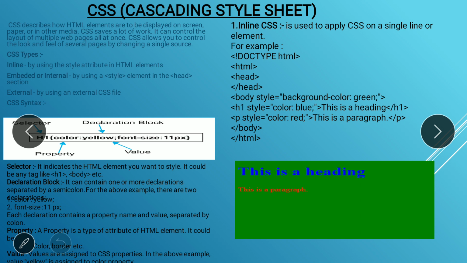So for that we have to use the external CSS, and in that, for example, if I want to change the color of the heading in all the pages, right, then if I use external CSS, I have to change it only in the external CSS. I won't need to go anywhere else, right. Otherwise, if I had not used external CSS, I would have to go to every web page and change that color. So that is the main advantage and main use of the CSS, right.